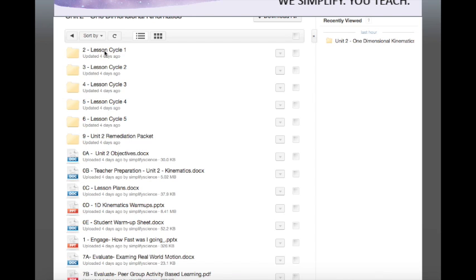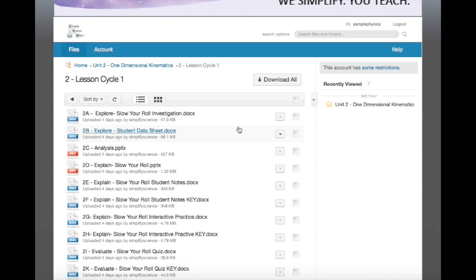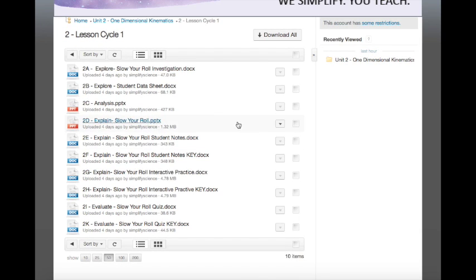Okay, so when I click on this particular folder, you're going to see a bunch of documents included in this lesson cycle. This is kind of the crux of what Simplify Science is. This is our lesson cycles. What you'll see is that we begin every lesson cycle with an investigation. We'll go over the investigations in more detail a little bit later, but they include background information, some pre-lab questions for students to do, and then they provide the procedure for students